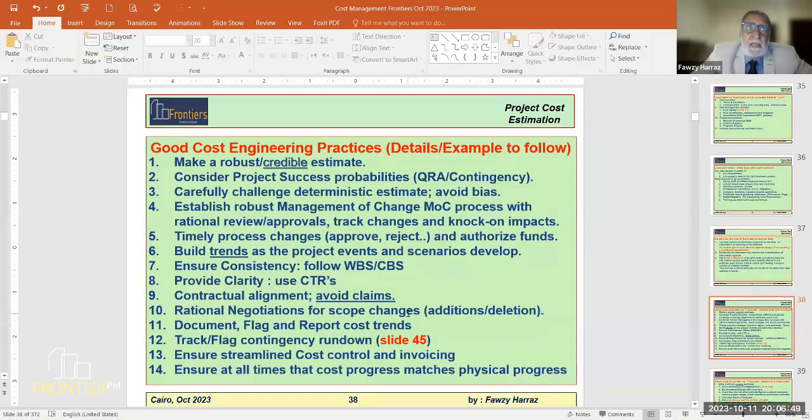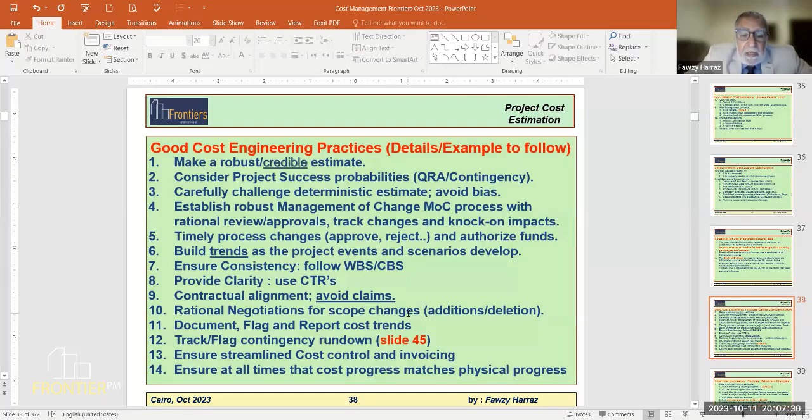That trends actually, if the estimator or the project team notice that every 2 or 3 months the owner raises a note, and that note involves a change, and that change means additional cost, that will be a trend. If that owner practice continues, then we have a trend that we can really make an estimate that at the end of a project, it seems that the original estimate will increase by that amount. That's the trend. Track and flag, contingency rundown,